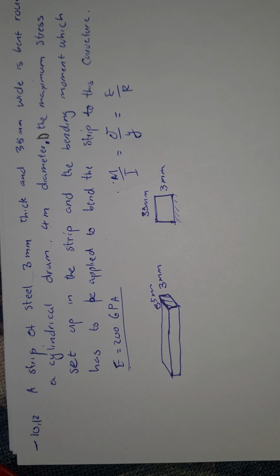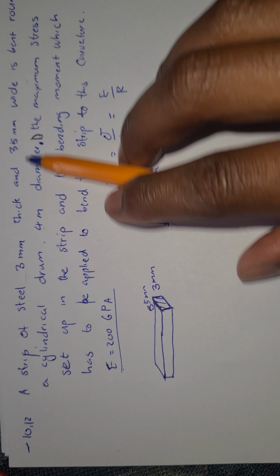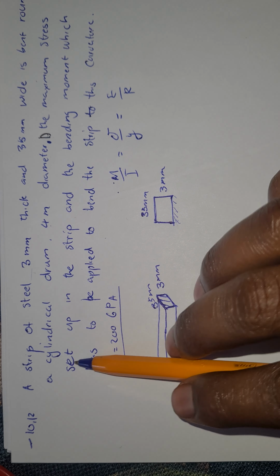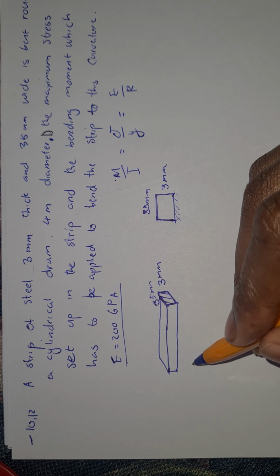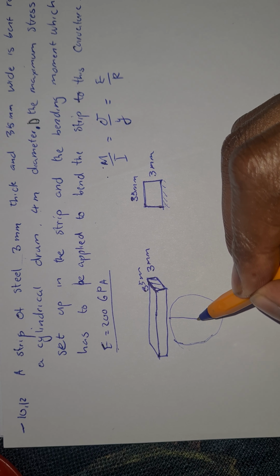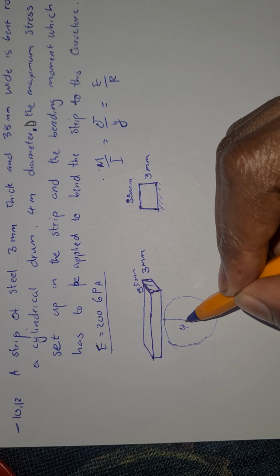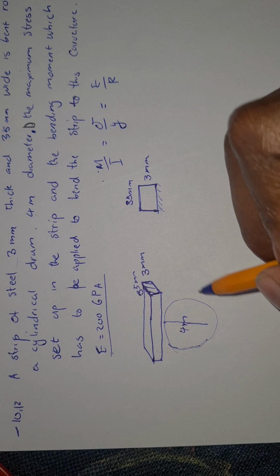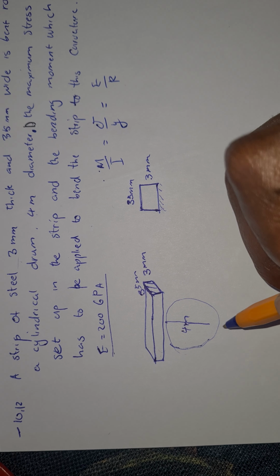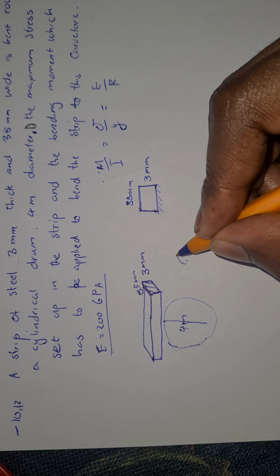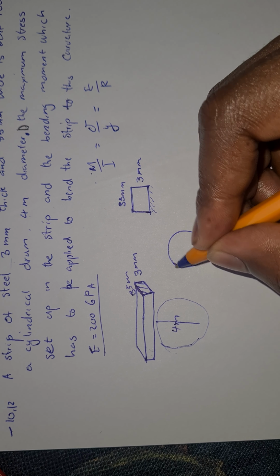And then what do these people want to do? They want to bend it around the cylinder. So now imagine a cylinder, and then with a diameter of what? Diameter of 4 meters, and then they want to get the strip around it. So let me just draw a front view of it. So we have a circle, then we have